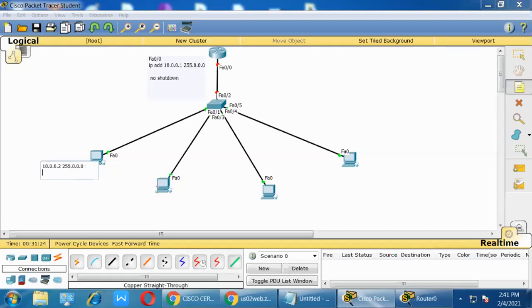And one more thing: because I want to communicate to here, I need to type the gateway address. What is the gateway address, we will discuss later on. I'm not going to explain what the gateway is now, we will discuss further. So I need to assign the gateway address, the router interface address,